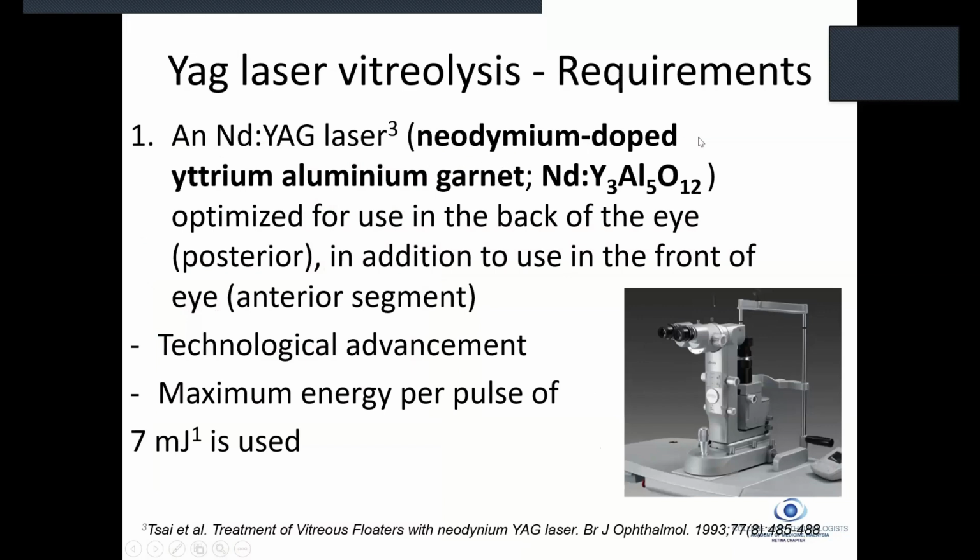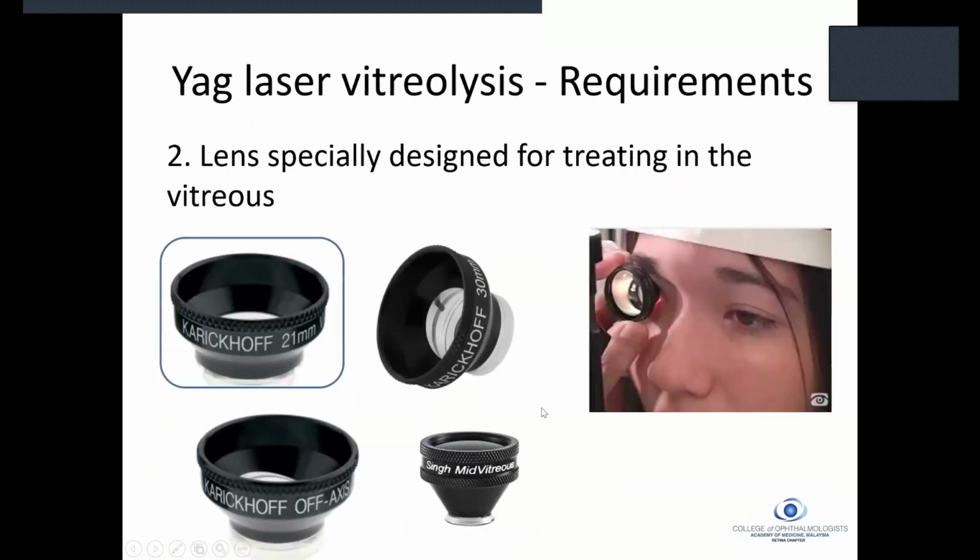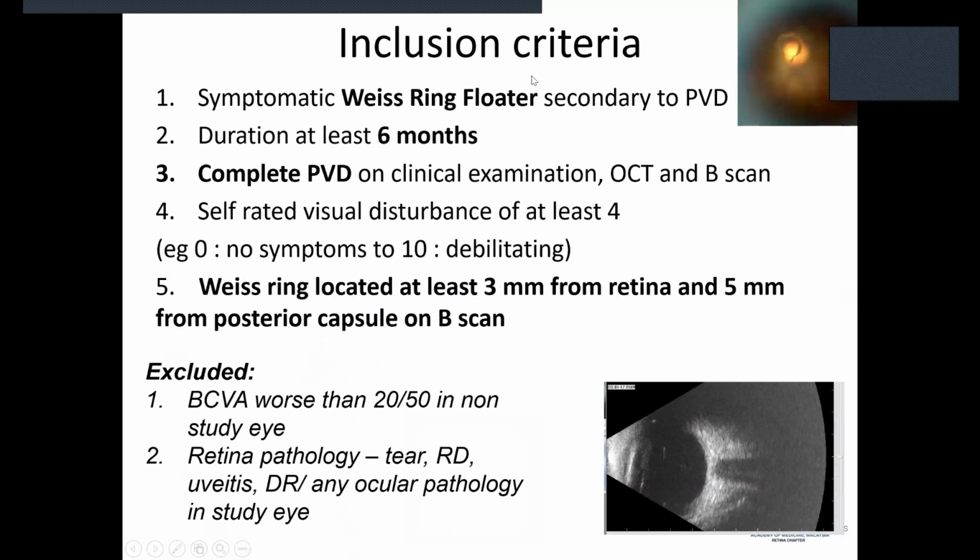It's a YAG laser, which we are familiar with, and it's what we use both in the front of the eye. We can also use it at the back. There is some advancement in the technology, allowing the energy of 7 millijoules to be more focused onto a target in the vitreous cavity through the usage of a number of specially designed lenses. There are a few. The one I'm familiar with is the Caterine lens, but we also have the Ocular vitreous lens, and it's a contact lens, just like any other laser lens you might be using.